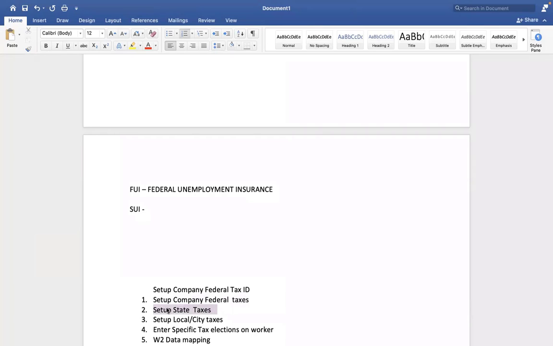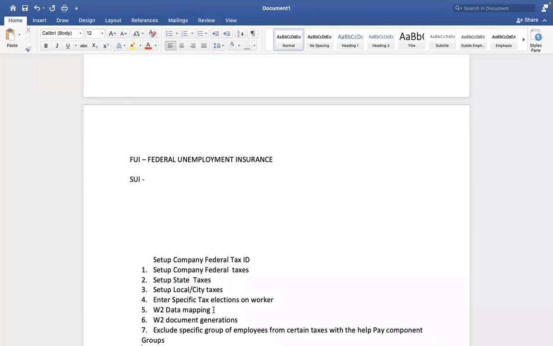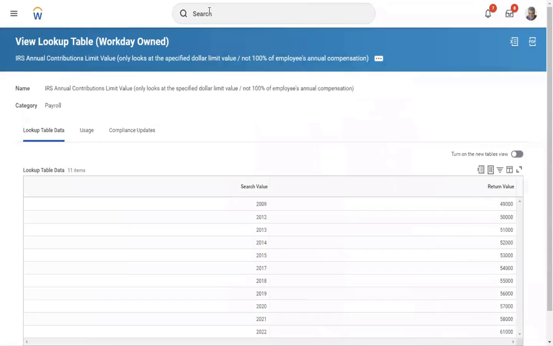Okay, single check, regular check, or multiple checks configurations. And if you want to exempt any employees who work in a particular state, you can select the check boxes. During configuration, I will explain in detail, don't mind. It's just an overview I'm trying to give, so that you will be familiar with the terminology, etc. Similarly, city or local taxes. We don't have any specific task, okay? In one task only, set up state tax, for example.